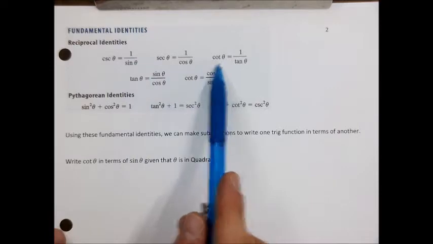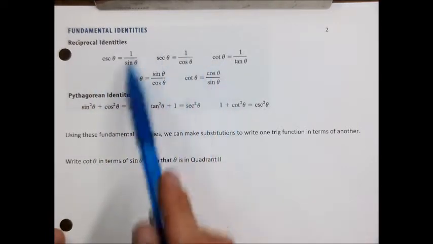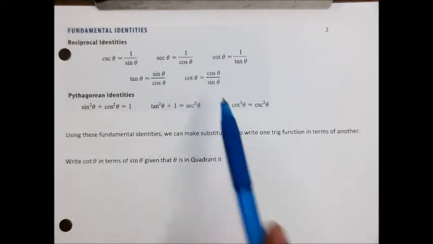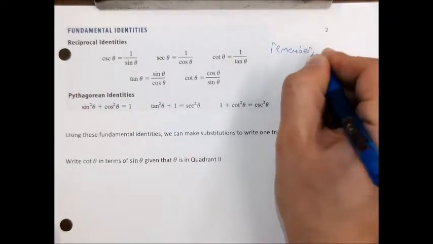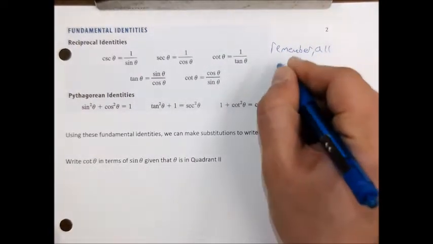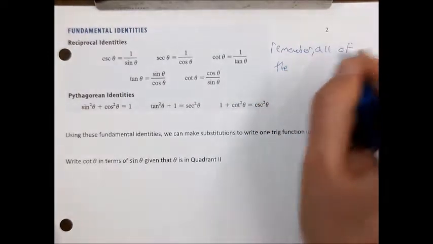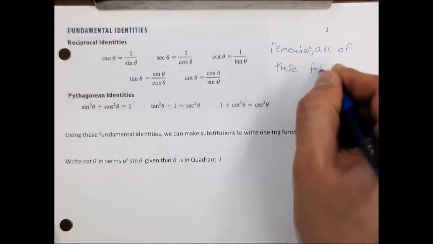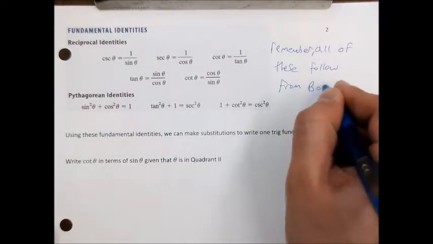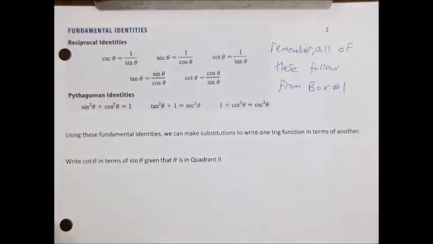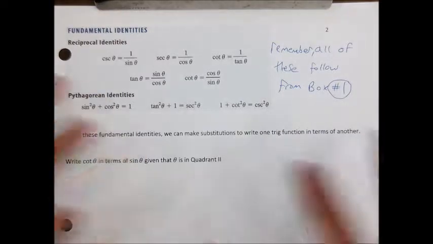In fact, this first box here, this is all seen in previous sections, more than once, I'm pretty sure, as well. So, you know, remember, all this stuff is seen previously, and all of these follow directly from box number 1. So for one thing, I'll probably put this on a test anyway, or might put it on a test, but even if it's not on a test, you don't need to memorize them